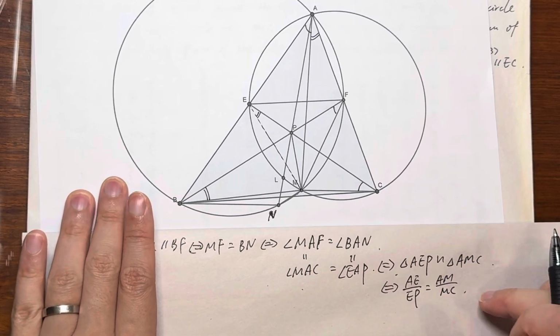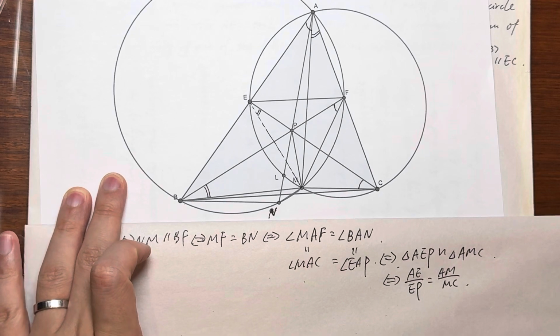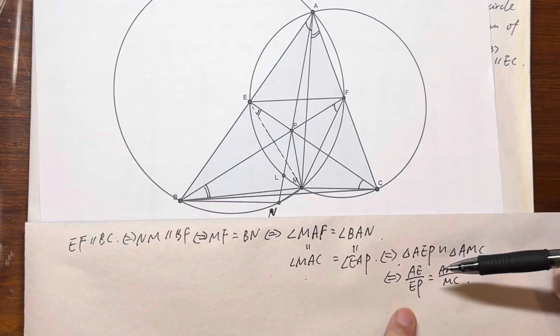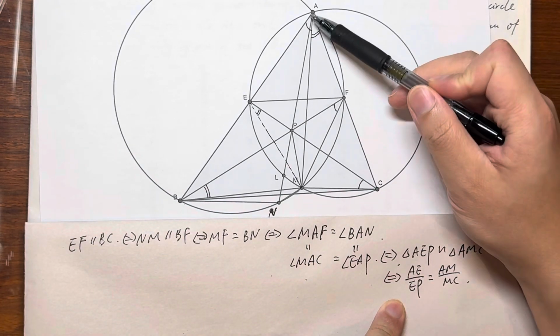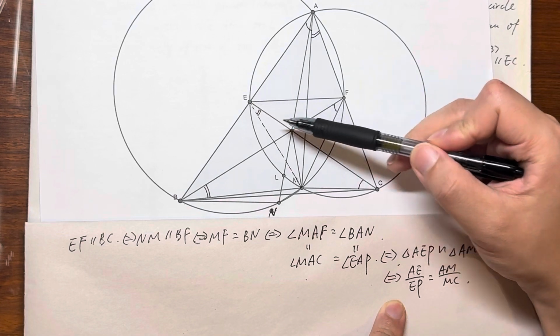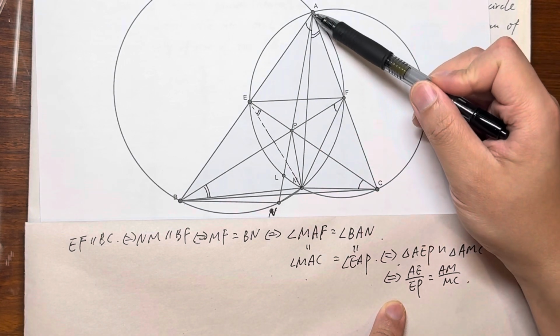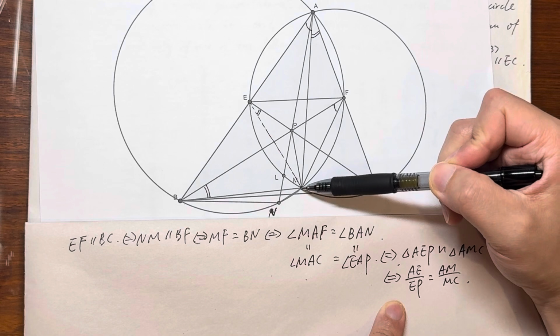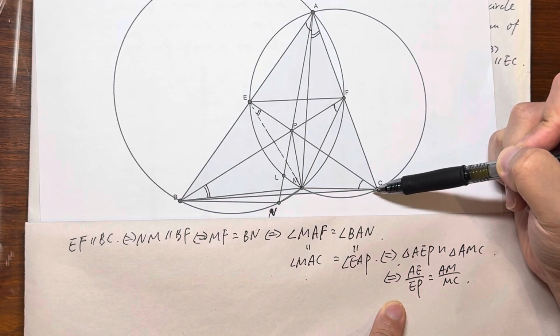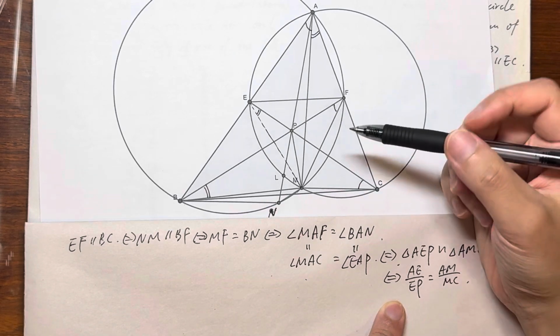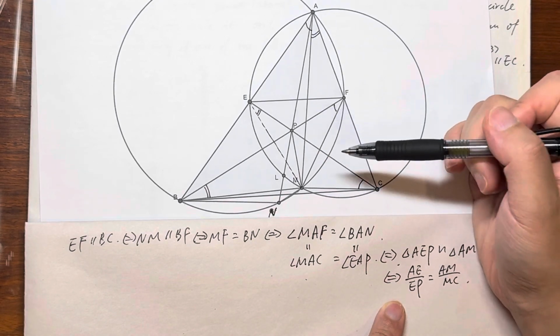It equals proving this one. Let's look at the segments here: AE and EP, and AM and MC. So for the triangle